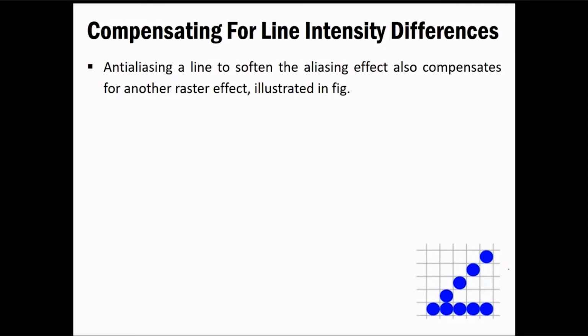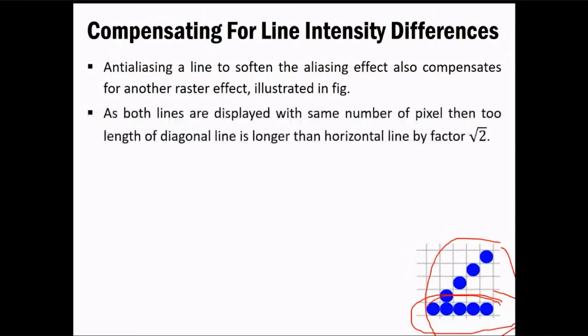So we have one line that is diagonal at 45 degrees, and we have one line that is lying horizontally. Okay, so now based on that fundamental, what it says is we need to compensate the intensities, because both of these lines would have different intensities whenever we display them on the monitor. So in this case there would be a problem if your horizontal line is getting less or higher intensity than the diagonal line, then you won't be able to see a clear image, or you won't be able to see much detail in that particular image.